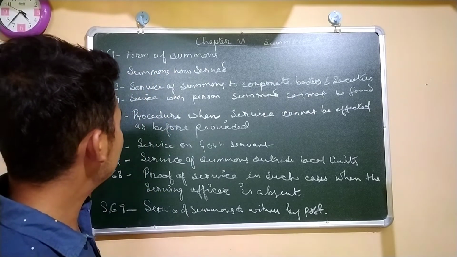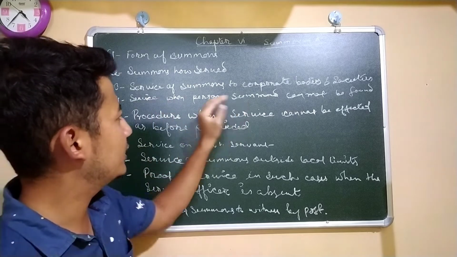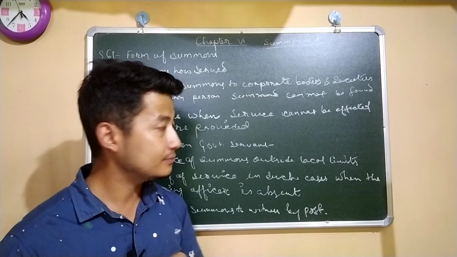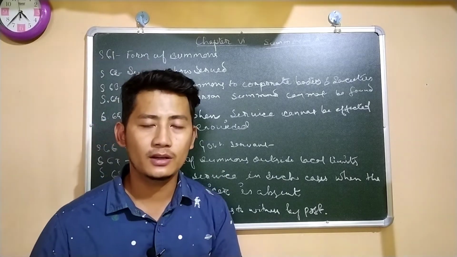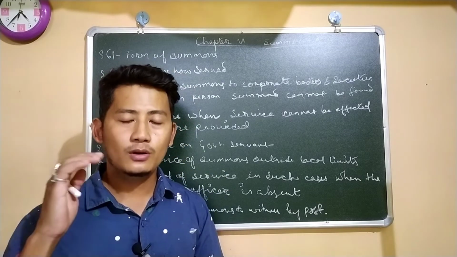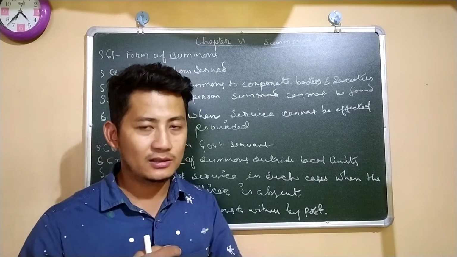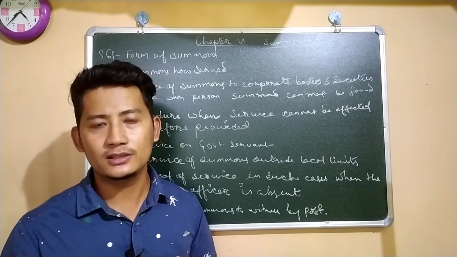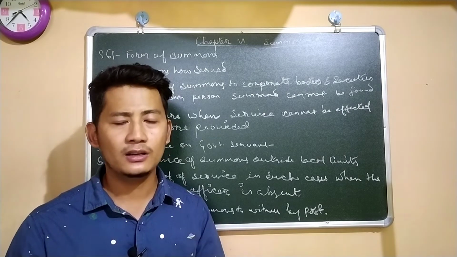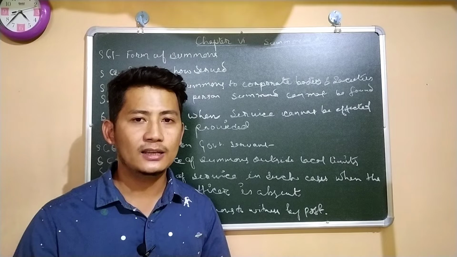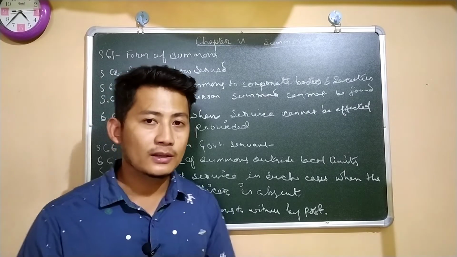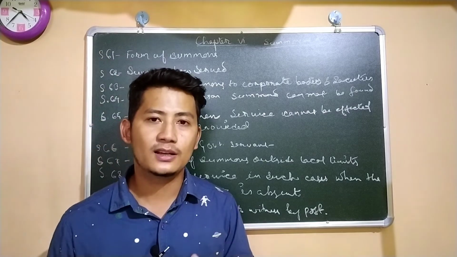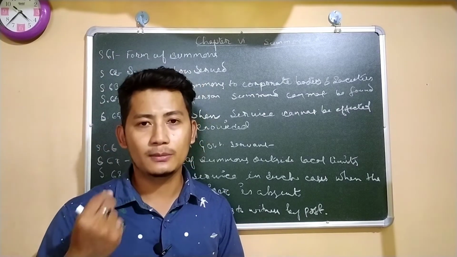So section 64 says the service when a person summoned cannot be found. The court has issued a summons against any person. Okay, so the police officer went to that particular place, but he did not find the person. He tried all his due diligence, but despite that he could not find the person. So in that case, how can the summons be effected? Section 64 says that in that case the police officer can deliver a copy,